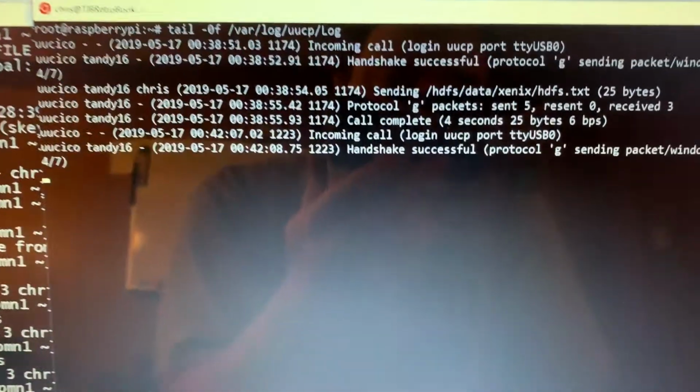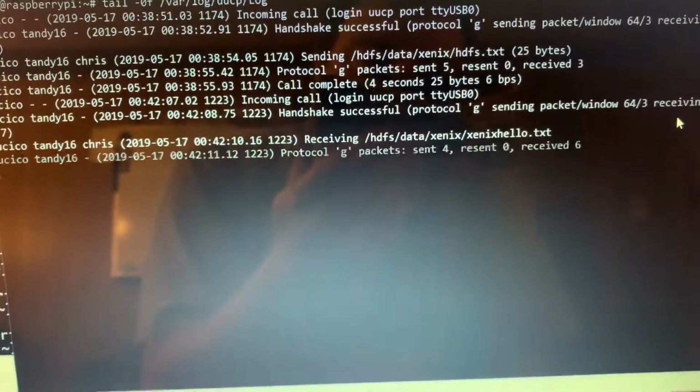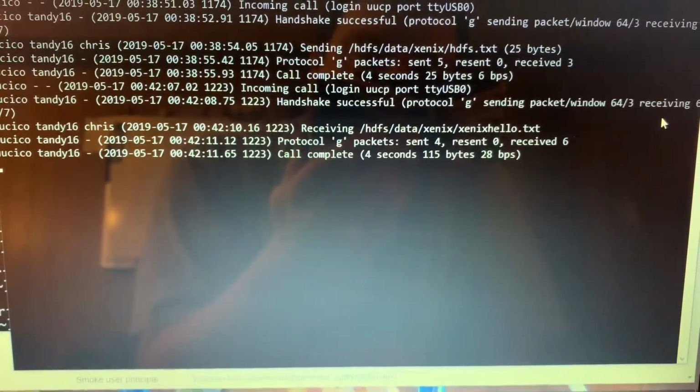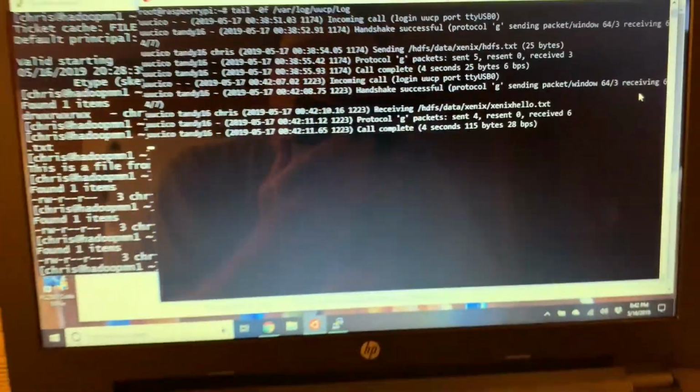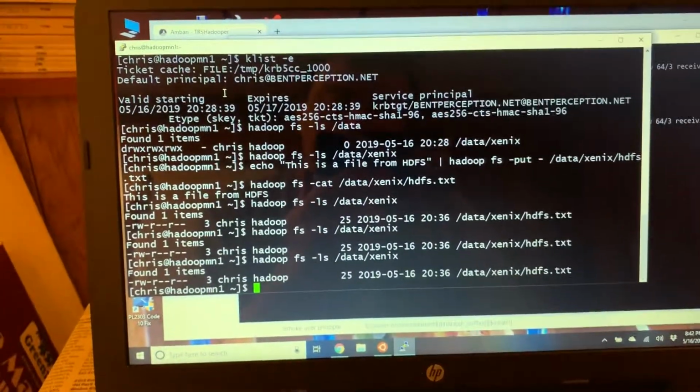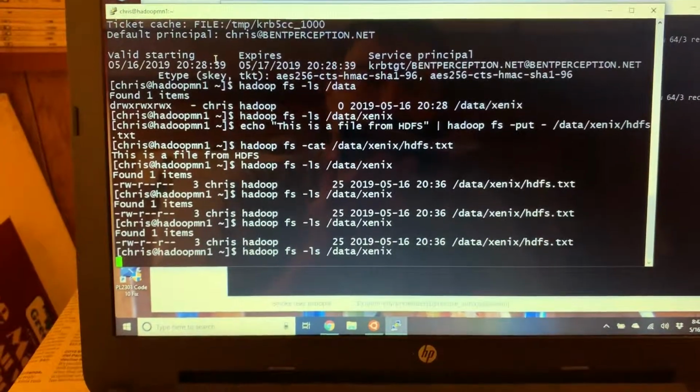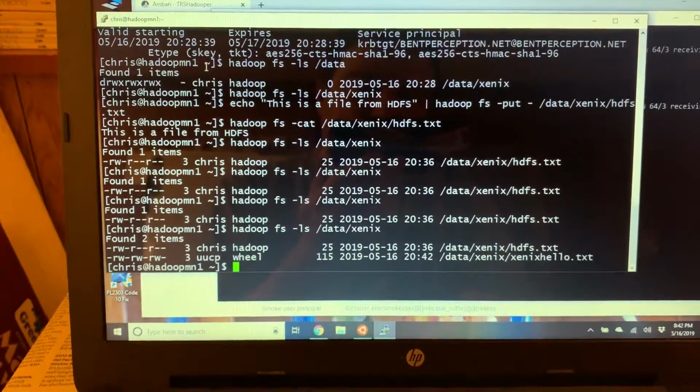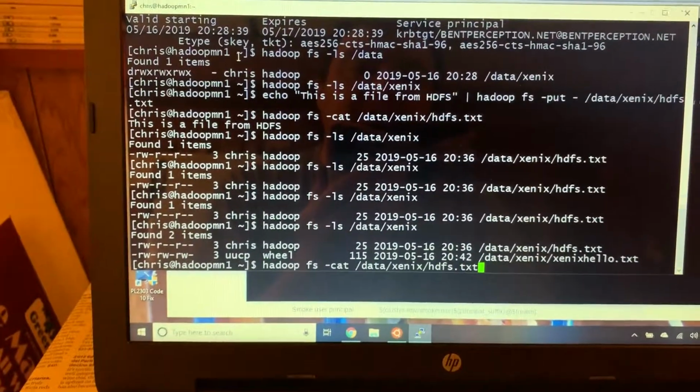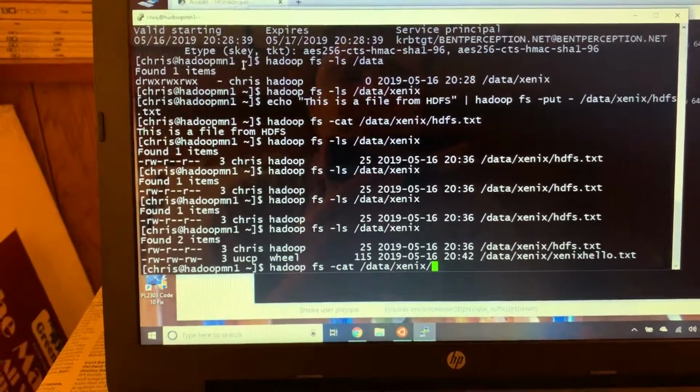And here comes my incoming call on TTY USB 0. We handshake, we got the file, and the call is complete. So now if I go back to my HDFS window and list the files again, there it is. And let's cat that file. And since I don't feel like typing that entire thing,